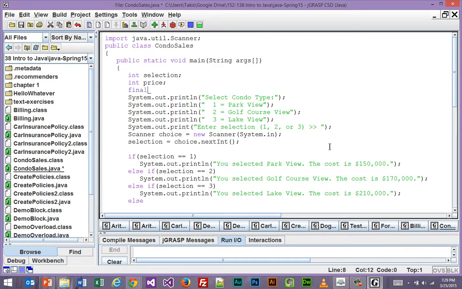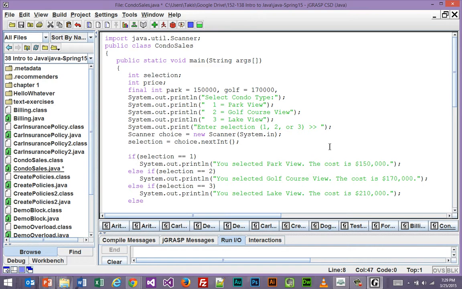So we could say final int, and we'll just say park equals 150,000. And we're going to do park golf equals 170,